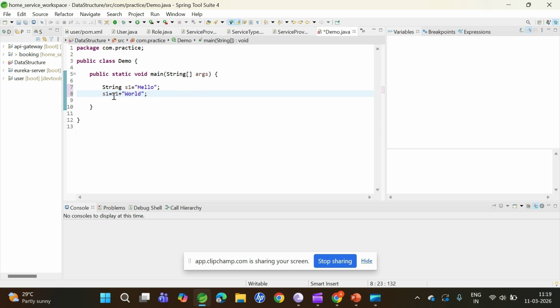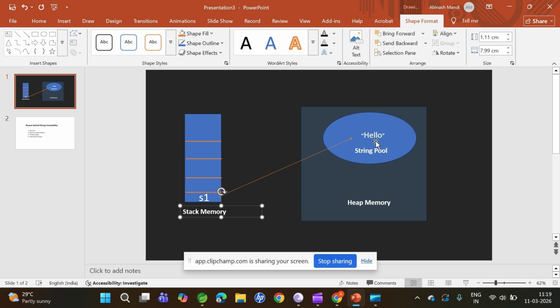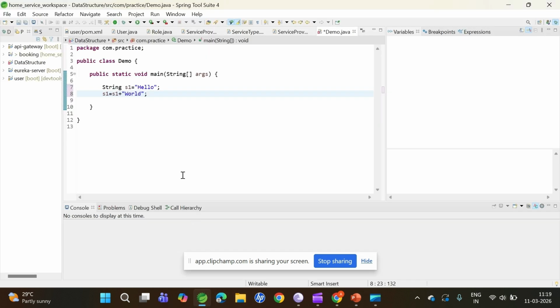In this case s1 is pointing to hello. Since we modify the value of s1 and concatenate the string world to it,